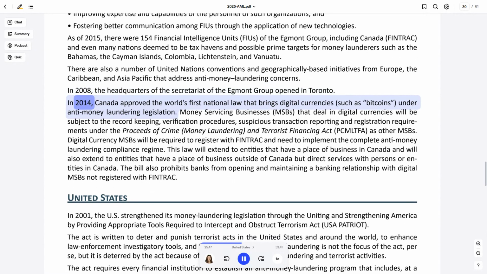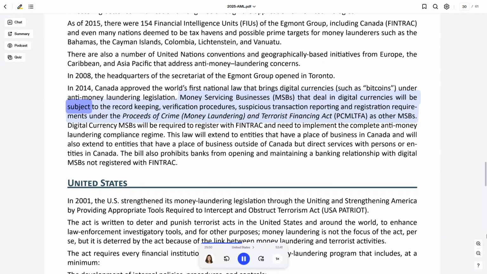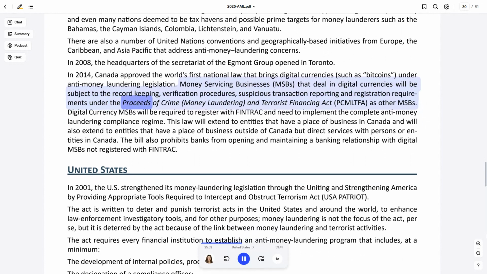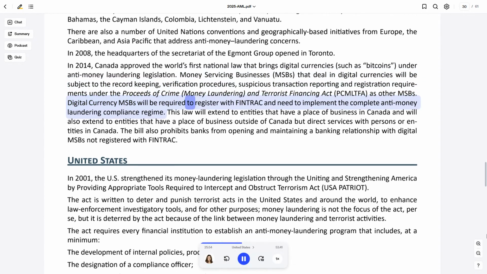In 2014, Canada approved the world's first national law that brings digital currencies such as bitcoins under anti-money laundering legislation. Money servicing businesses, MSBs, that deal in digital currencies will be subject to the record-keeping, verification procedures, suspicious transaction reporting, and registration requirements under the Proceeds of Crime, Money Laundering and Terrorist Financing Act, PCMLTFA, as other MSBs. Digital currency MSBs will be required to register with FINTRAC and need to implement the complete